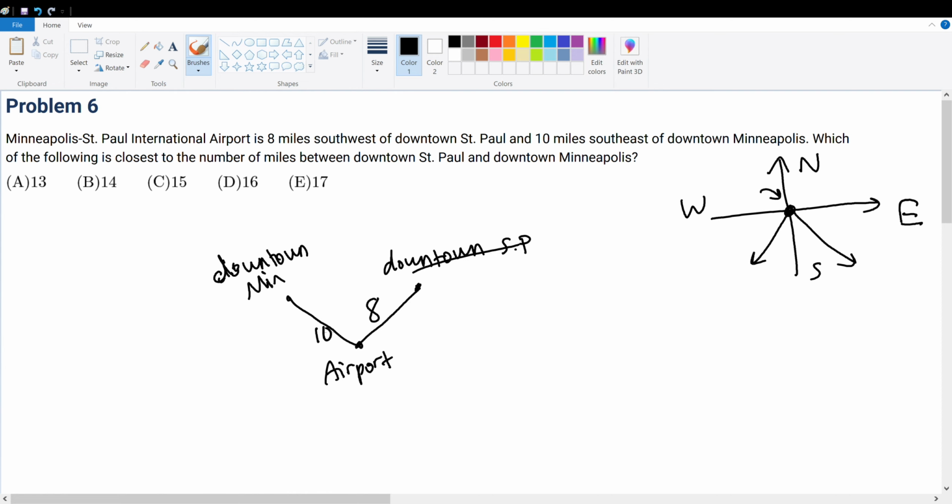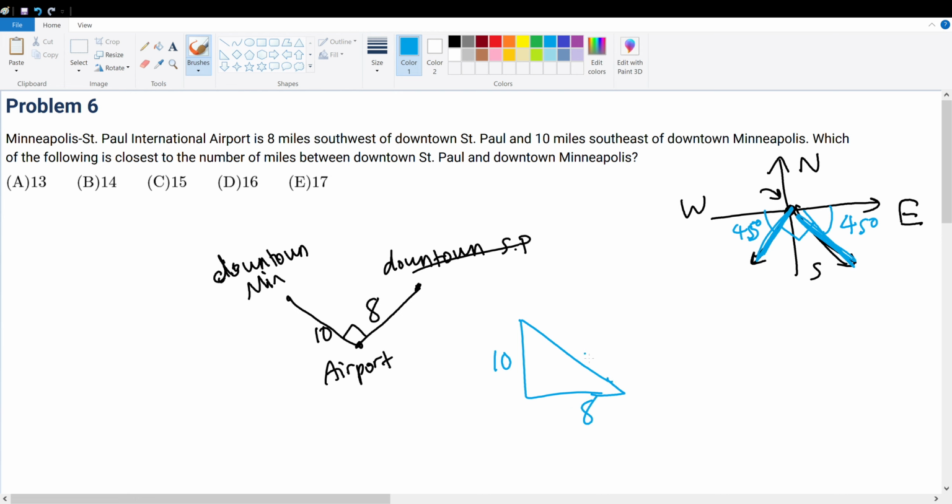So if that's 10, what do we know about these special angles? This is actually a right angle. Why is that? Because this line right here and this line right here are 45 degrees relative to the x-axis, in this case the east and west line. So that means this angle must be 90 degrees by definition. So that means we have a right triangle where the hypotenuse will be our answer, where 10 and 8 are